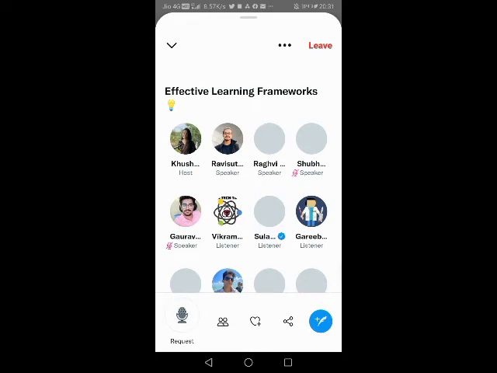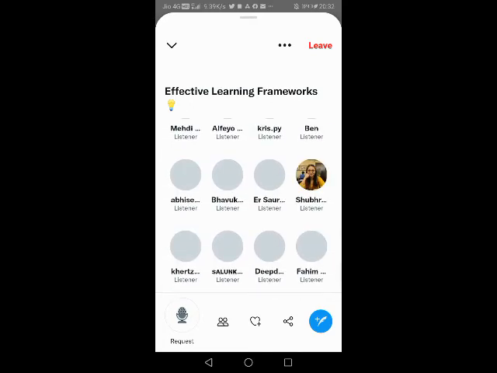Okay, just wait. Gaurav and Shubham have also joined in this video, but she muted them because the host has all the power. It's like a Zoom meeting, it's like Google Meet, you have all the power as host, to mute anyone or not. So this is a new function and it's very effective.